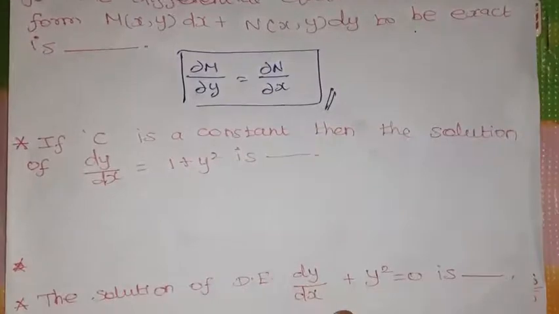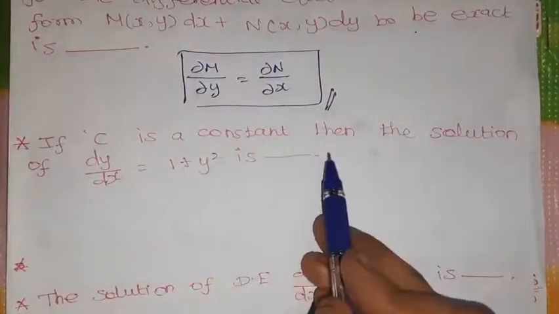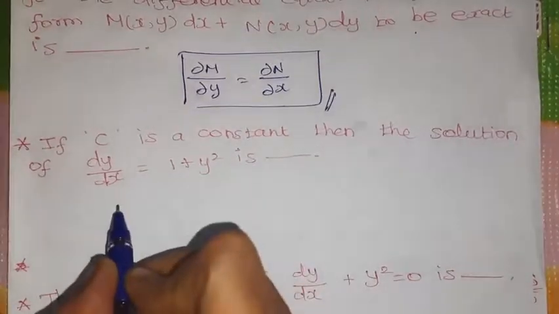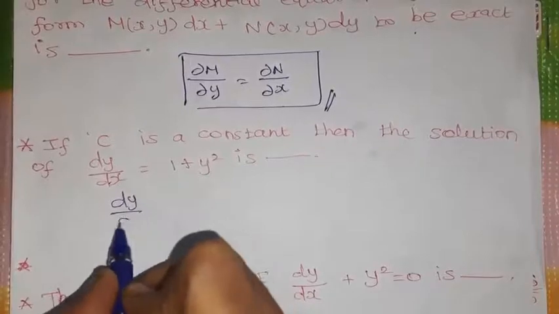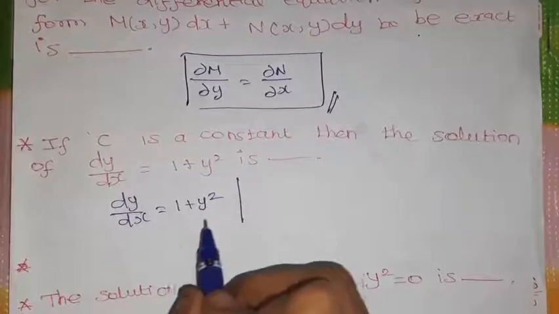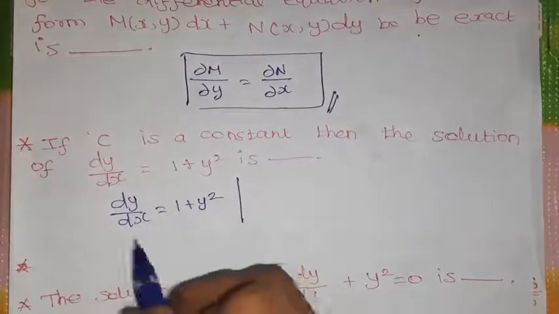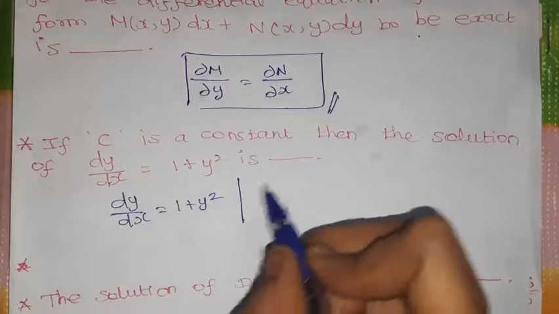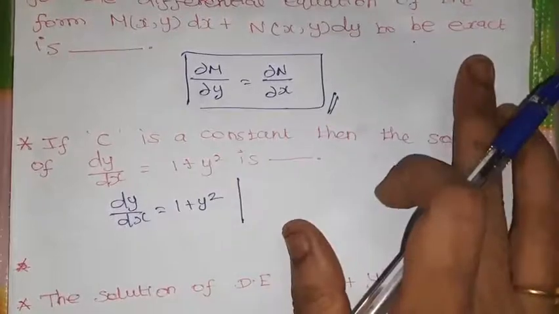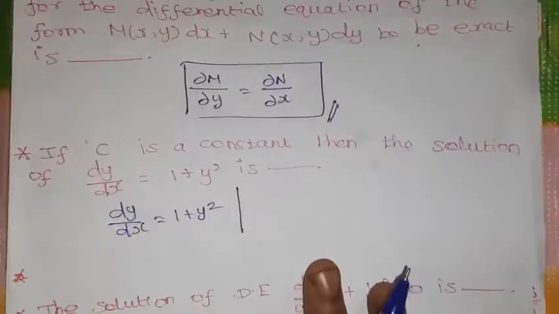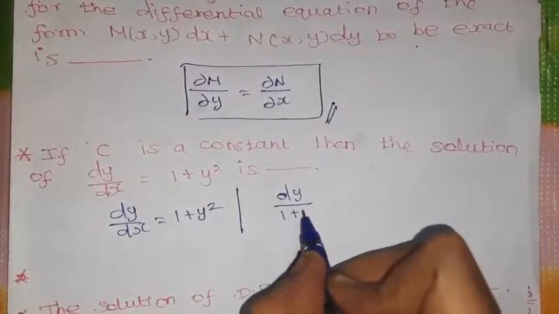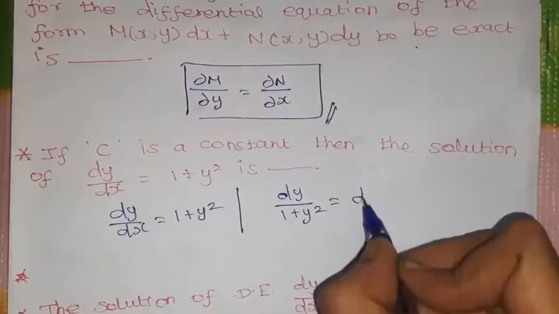If c is a constant, then what is the solution of this differential equation? We need to find the solution of the differential equation dy/dx = 1 + y². This is a variable separable method: y terms on one side and x terms on the other side. Kindly check the playlist, where we have solved problems in exact differential equations, variable separable method, and all the other methods. Okay, now separating the variables,